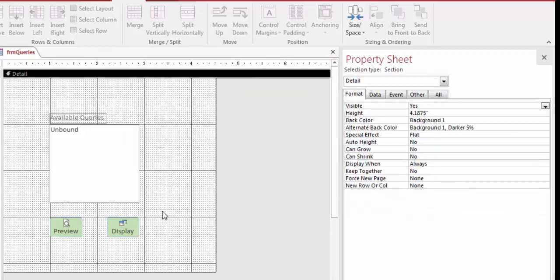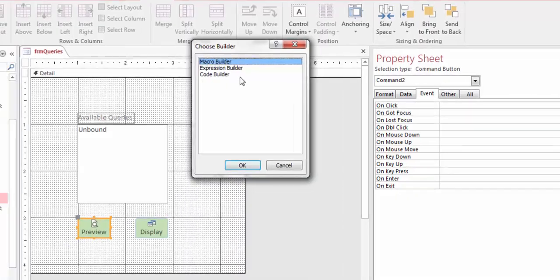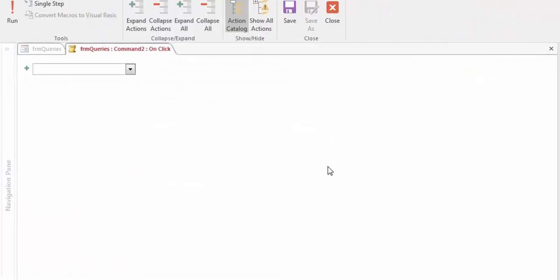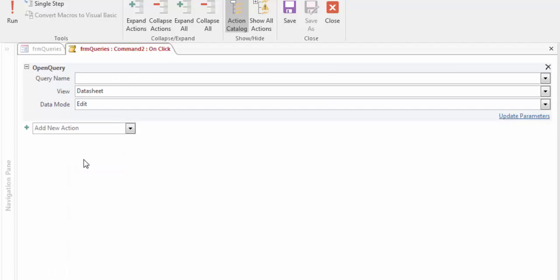Now, we'll create embedded macros for these buttons using their on-click event. Starting with Preview, under the Event tab, I will select the macro builder. Clicking OK, the action will be Open Query, and the query name will be the query that's selected in the list box. To do this, I'm going to start by typing